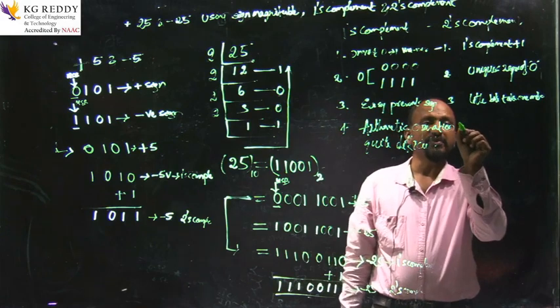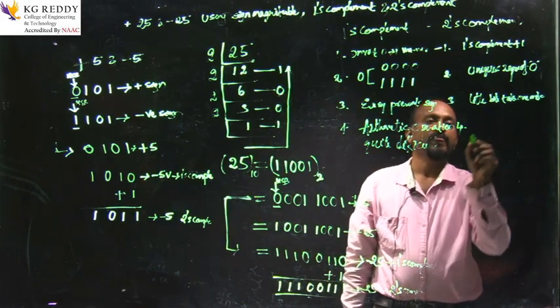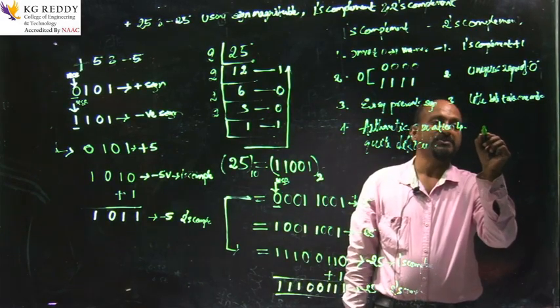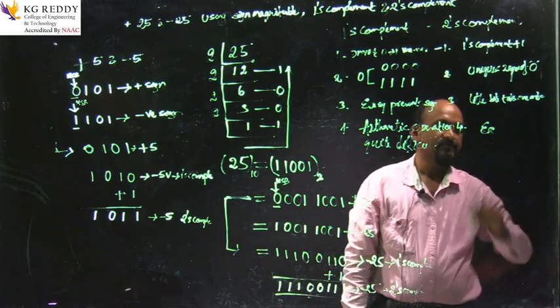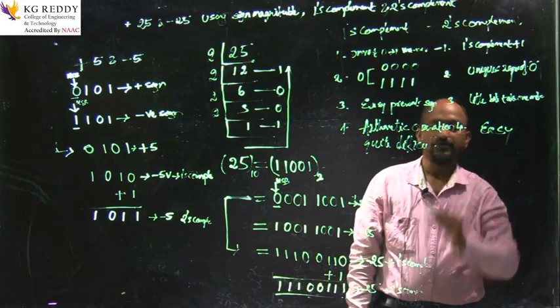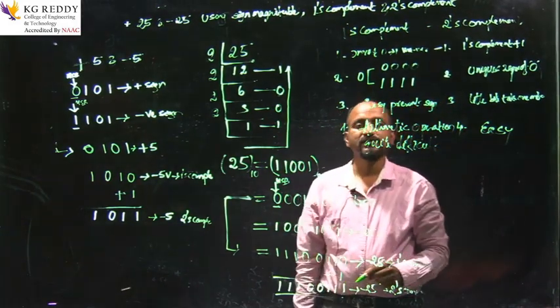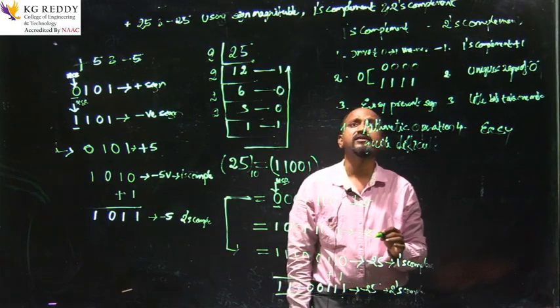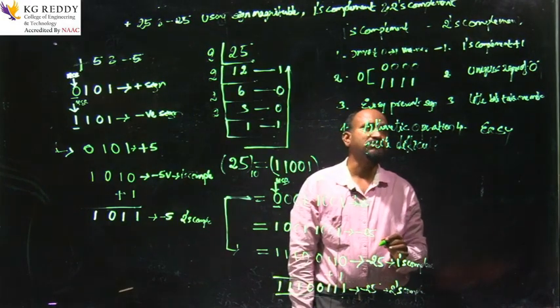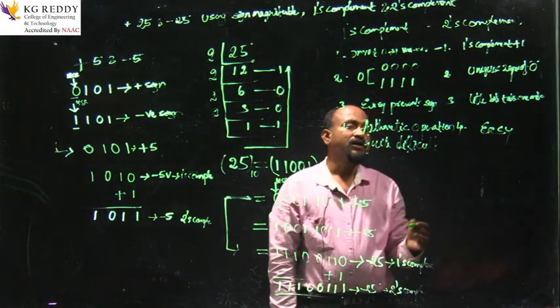Here arithmetic operations are easy. I can say directly arithmetic operations are easy. Okay. So these are, I think, four comparisons using 1's complement and 2's complement, and we can say that here